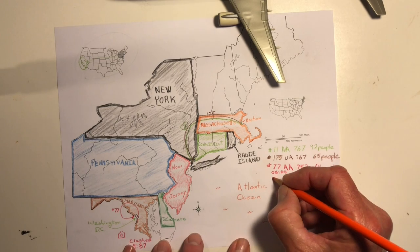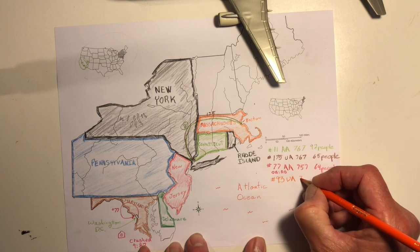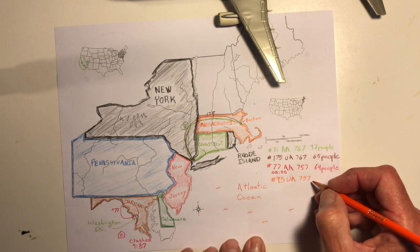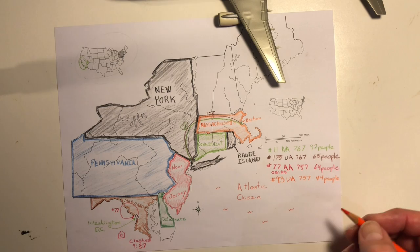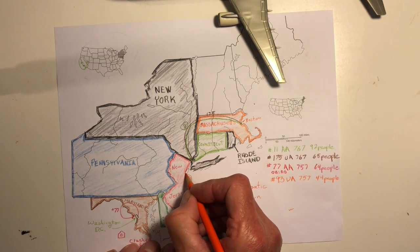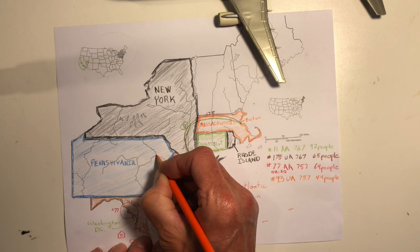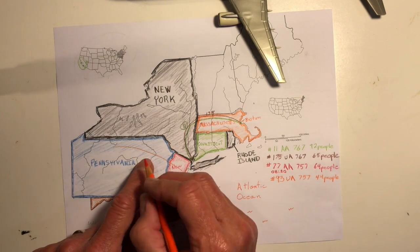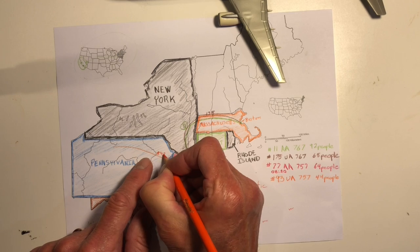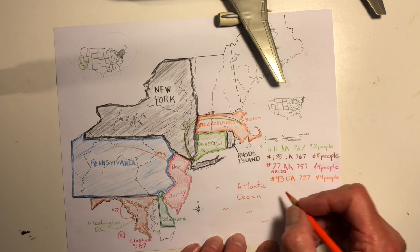Now, Flight 93 was a United Airlines 757 with 44 people on board. It took off from Newark Airport, which is right around here, and this was bound for San Francisco. Okay, so it took off here, and right about here. Here's the interesting thing about this flight. This is 93. The interesting thing about this plane was that it took off at 8:41,